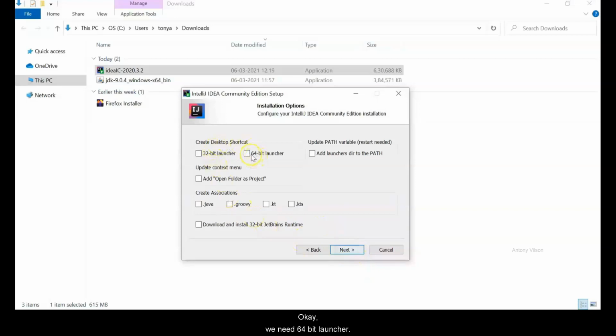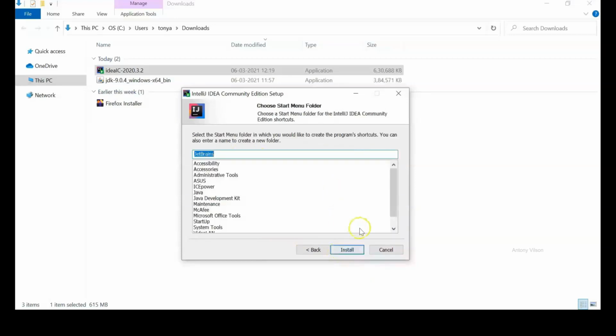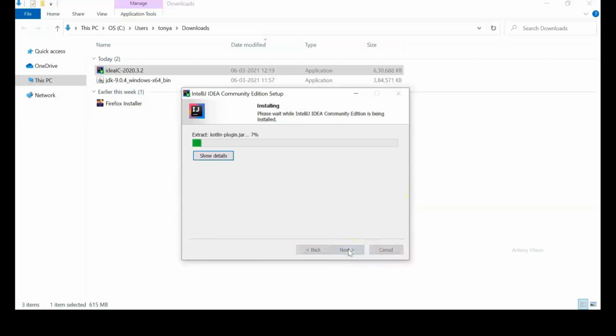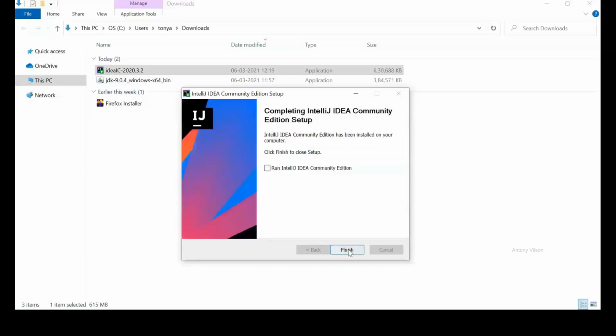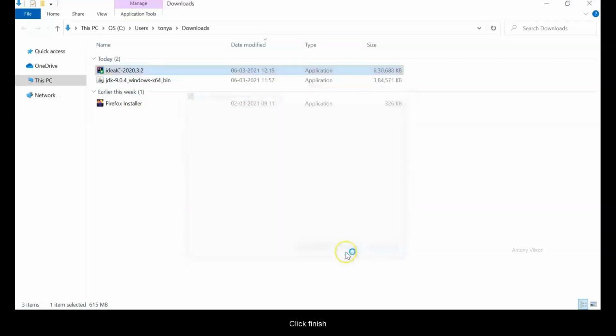Okay, we need the 64-bit launcher. Click install. IntelliJ IDEA has been installed successfully. Now let's run this application. Click finish.